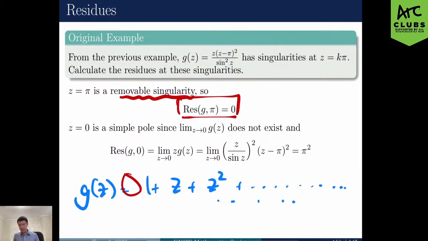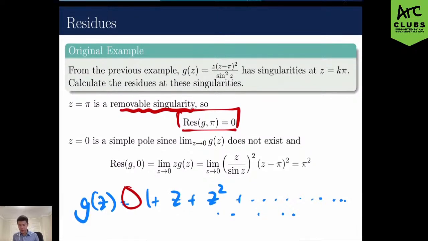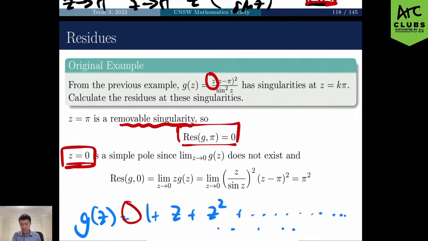The second one is going to be a simple pole, because we've looked at z equals 0. That's the other one that makes the numerator 0. We've only got one z term on the top, but then we've got two sine terms on the bottom. So that has the net effect of having one linear term on the bottom, which is why it's a simple pole, right? In fact, if you want to check that it's a simple pole,